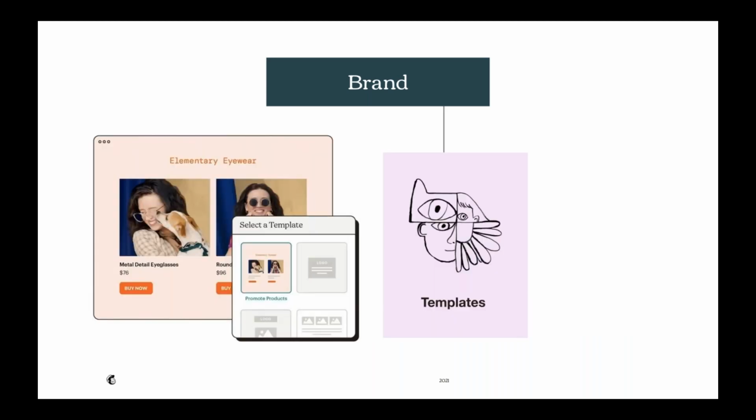Then there's templates. MailChimp provides different customizable templates to help you create the right look for your email marketing. Our template builder makes it easy to add your logo and pick different colors and fonts so you can create a reusable template for your future email campaigns. Both of these features will help you to create campaigns that really stand out.